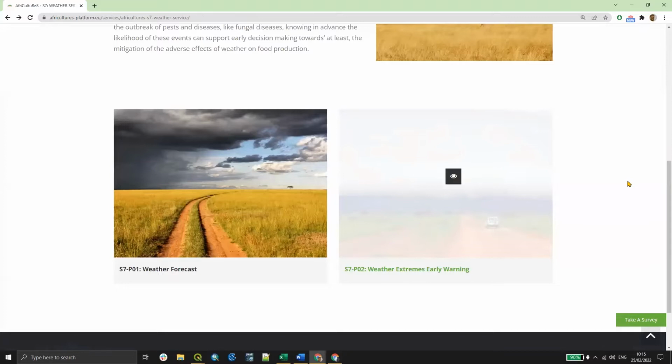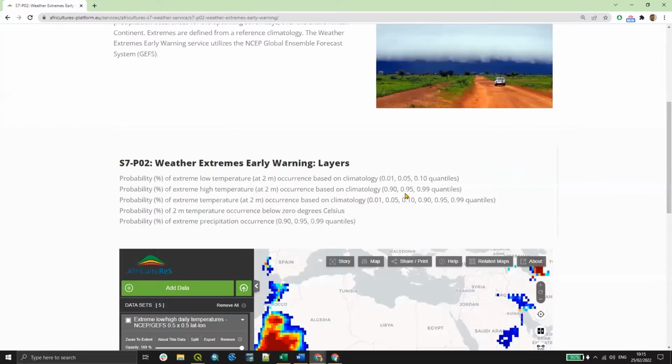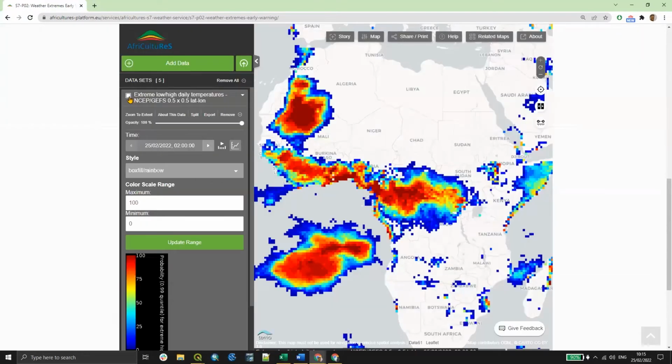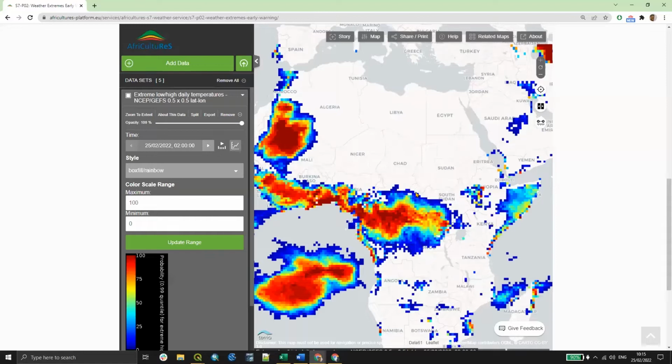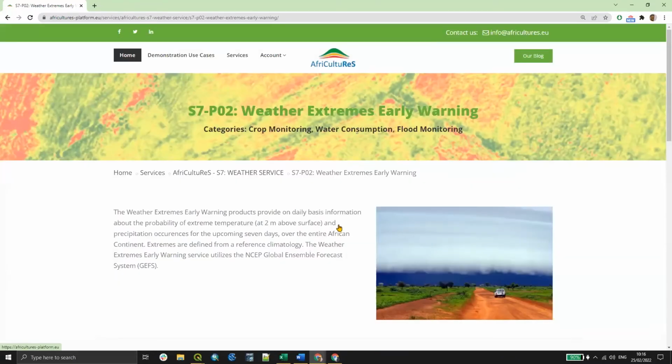So we have words about the product here and the list of the data sets, and here a geospatial tool, the WebGIS, is embedded, where the relevant data are preloaded, so someone can have a look at the data themselves. We're going to go into more detail on this tool, since it's one of the main components. So going back to the landing page, we can go directly to this WebGIS where the maps are displayed,